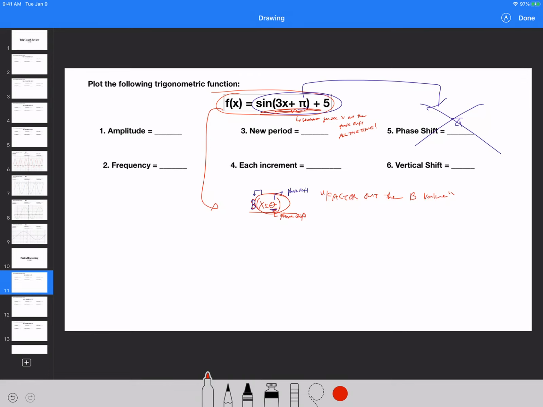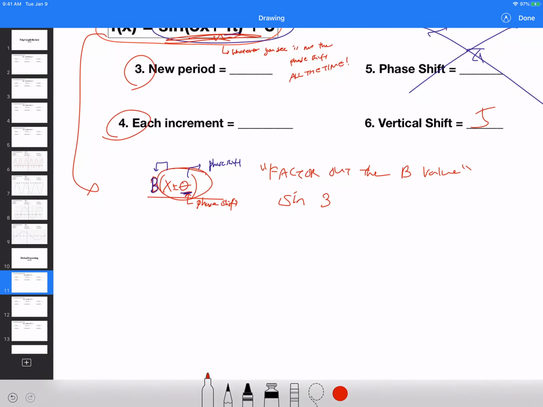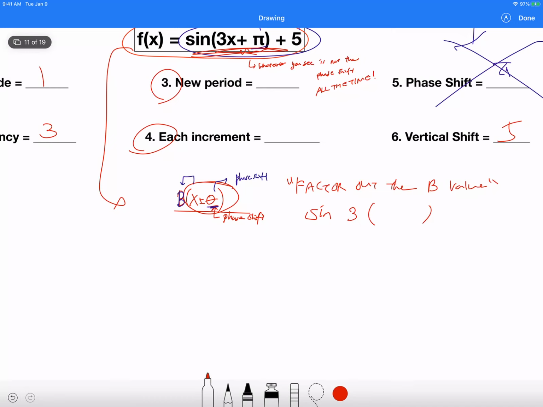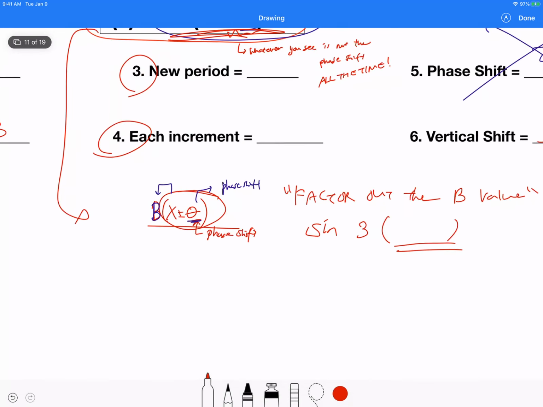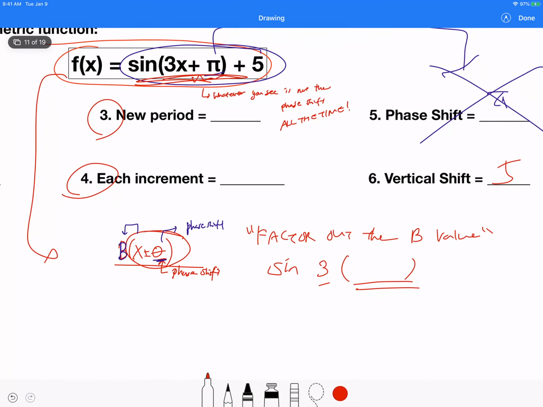So how do I do that? It's going to be sine of 3x. We all know the frequency is 3, amplitude is 1, vertical shift is 5. We all know all this stuff. But for number 3 and 4, when you're trying to figure out this new period and each increment, you need to factor out the 3 and then put parentheses after that, and you need to determine what goes in there. Sometimes it's not as obvious and clear, but here, if you're factoring out the 3,